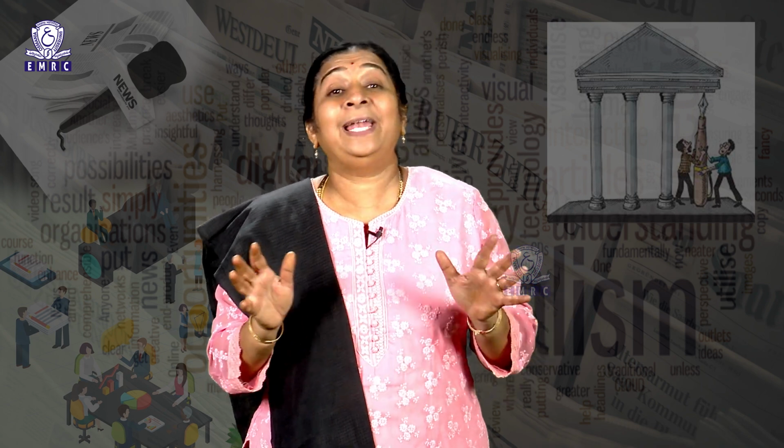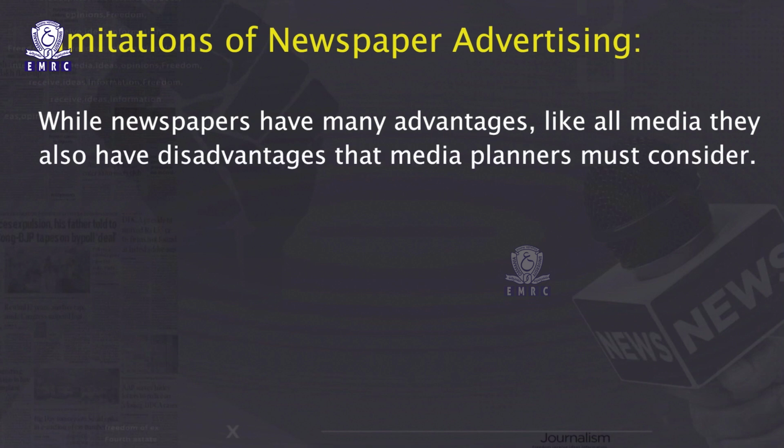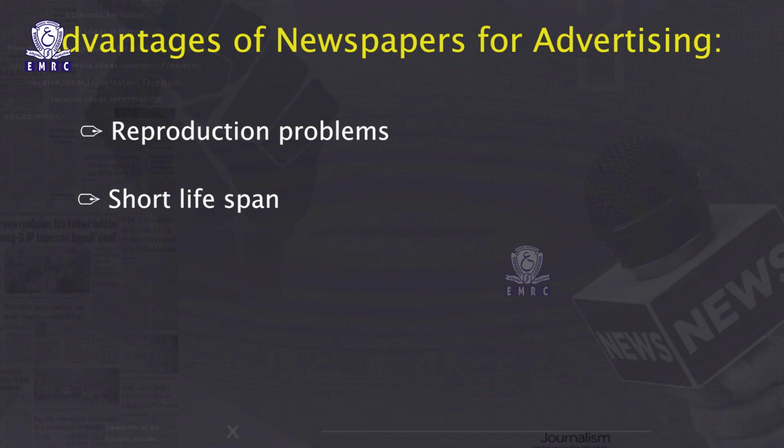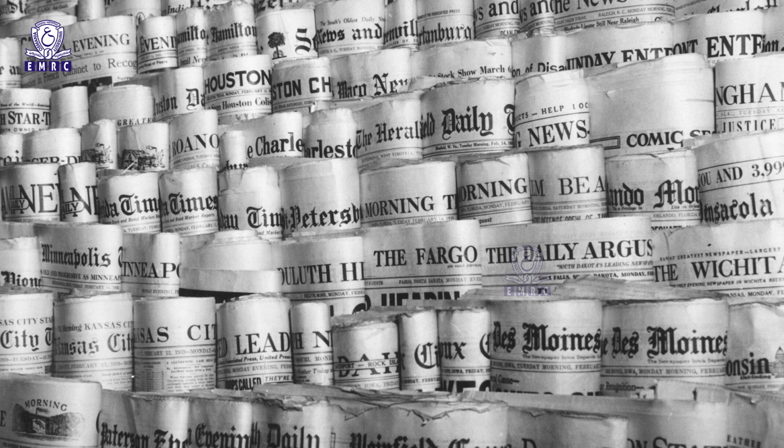Limitations of newspaper advertising. While newspapers have many advantages, like all media, they also have disadvantages that media planners must consider. The limitations of newspapers include their reproduction problems, short lifespan, lack of selectivity and clutter. Poor reproduction. One of the greatest limitations of newspapers as an advertising medium is their poor reproduction quality. The coarse paper stock used for newspapers, the absence of color and the lack of time are the limitations associated